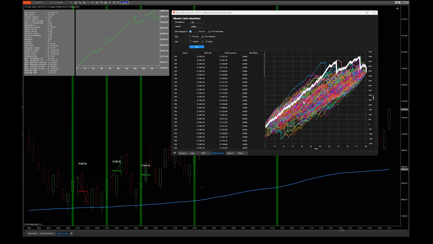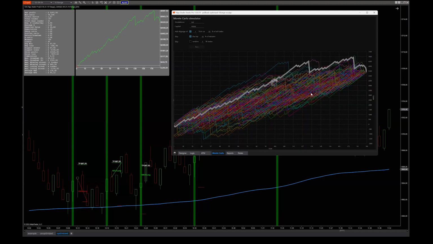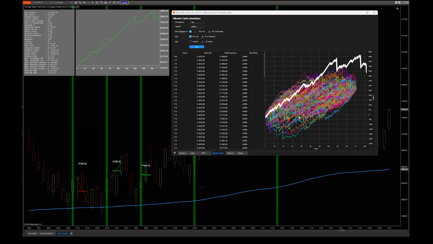And you can see this algo is holding up. It doesn't matter if I add 1 tick. I could also say, maybe let's skip 10% of all the winners. So it's going to look at what the biggest winners are, and remove 10% of them and see how the algo performs. Well, it's still holding up. You can see it's already having fewer trades.